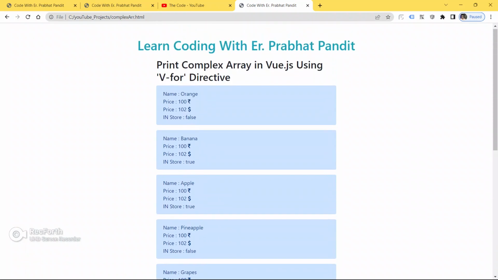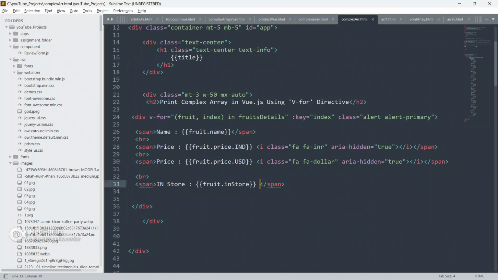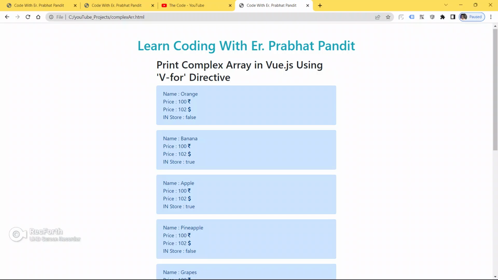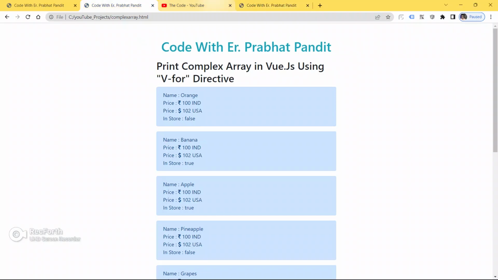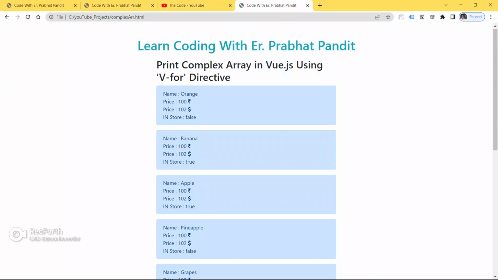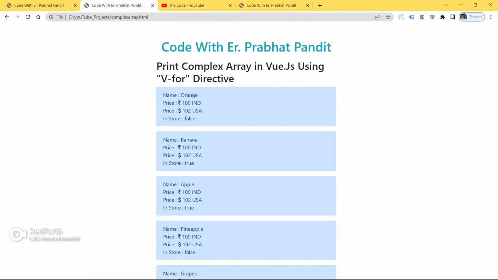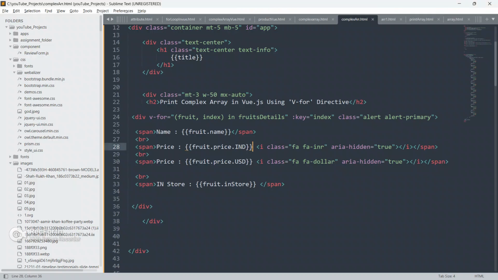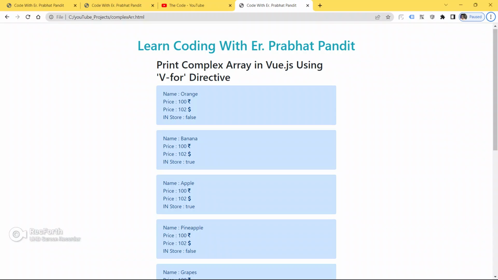See, guys, here we got our in store value also. The name is orange, and the Indian price. Let me do one more thing, guys. Just cut this out from here and paste it at the end.